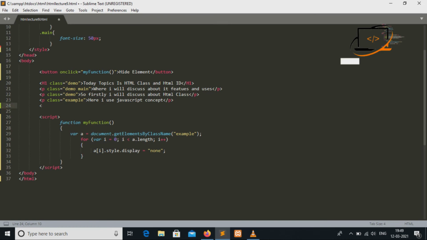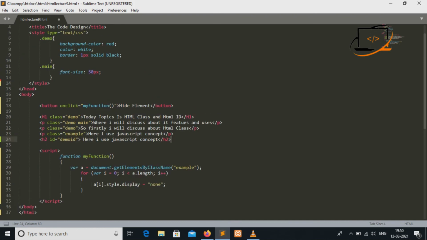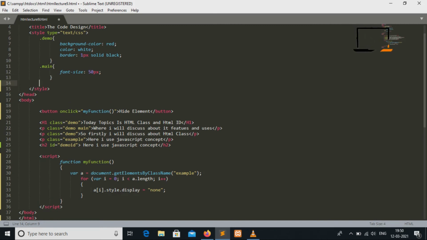So now a heading tag, and then I should write the ID, and that is demoID. Now I am using a style sheet. For calling the ID we have to call the ID in the program.